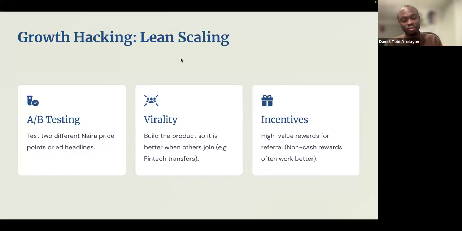Remember I told you segment, target, and position. So you can position because the biggest brands always try to settle for the top user. So you want to go down to the lower segment, right? People who might have a lower barrier to entry, right? You target them, and maybe with a lower price. Also, for those that are running ads, for your headlines, you have to try A/B testing, ensuring that you test two different kinds of headlines and understand how different positionings work, right? Maybe you are selling